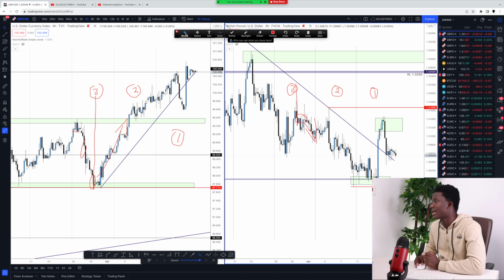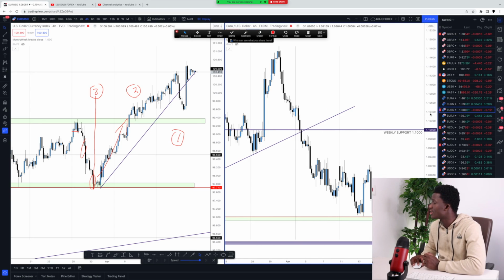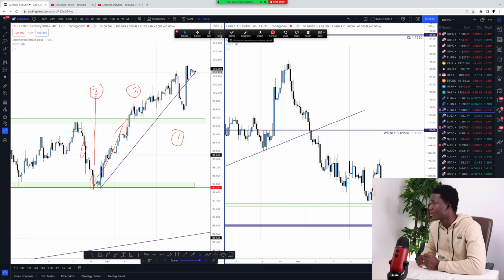But now let's look at the other comparative currency pairs as well, which is using Euro USD in the same scenario. So now if you're using Euro USD, let's also in the same vein count 3 weeks into the past. So we'll look here and say, okay, we had here being just last week, last 2 weeks, and then last 3 weeks. So you can clearly see how beautiful this inversely correlated reaction happens here,